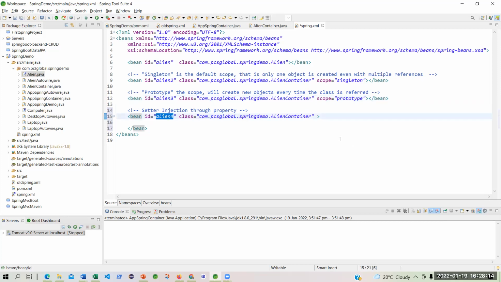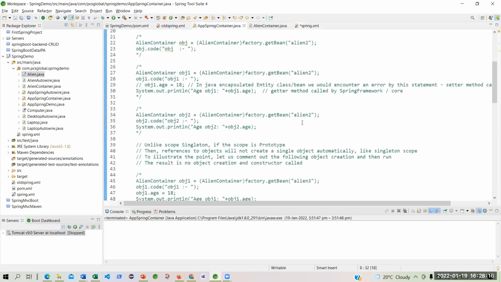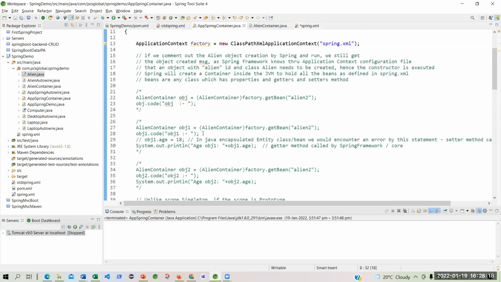Yeah. So we had gone through that example so many times: you are creating obj1, you are setting the age, and you are referring to align2.